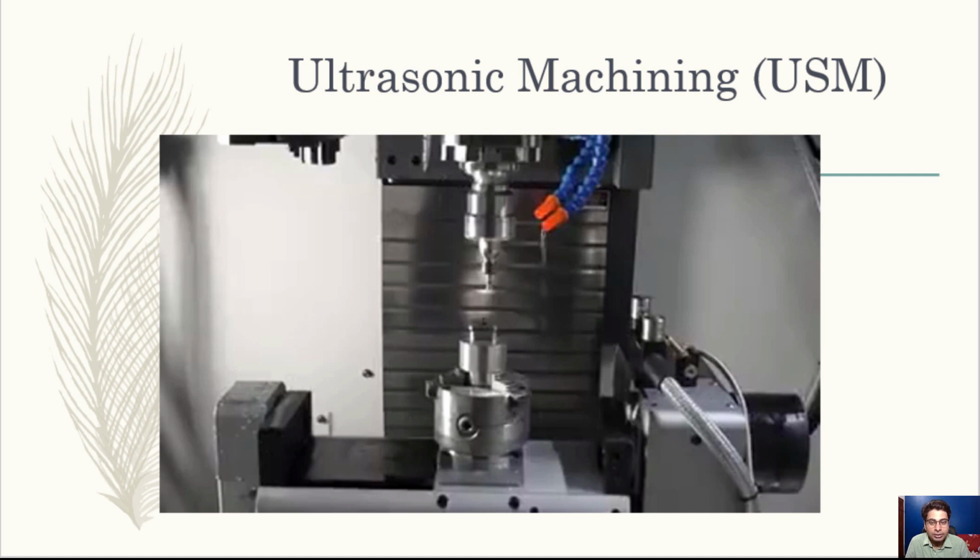Ultrasonic machining is a mechanical type of non-traditional machining which is employed to machine hard and brittle materials, both electrically conductive and non-conductive, having hardness usually greater than 40 HRC. The process was first developed around the 1950s and was originally used for finishing of EDM surfaces, that is electric discharge machining surfaces, in order to provide a smoother surface finish to the material removed using electric discharge machining. Now let us see a video first in order to understand the process.